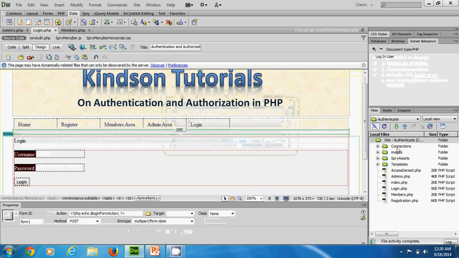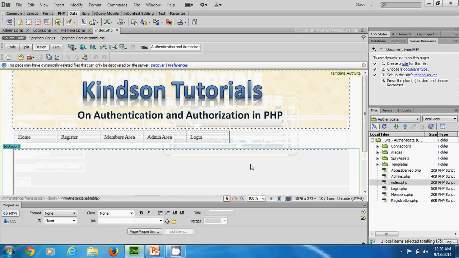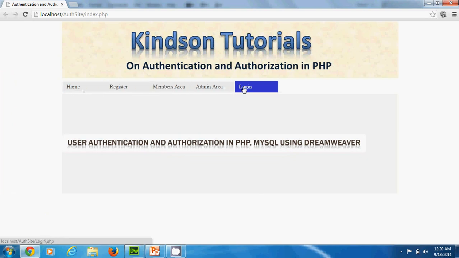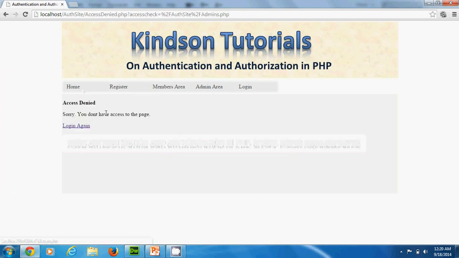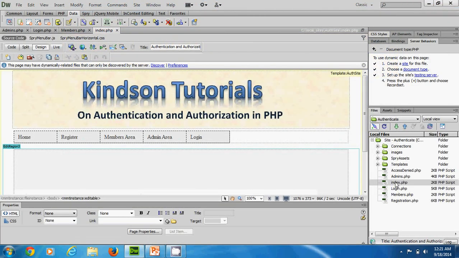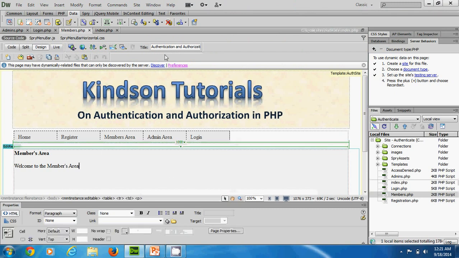So now I want to start with the home page. I press F12 to preview this, and I have to go to home. Okay, home. Now admin area, access denied, members area. Members area, we need to restrict access to it too. So let's go to members area. So this members page, we want to add,